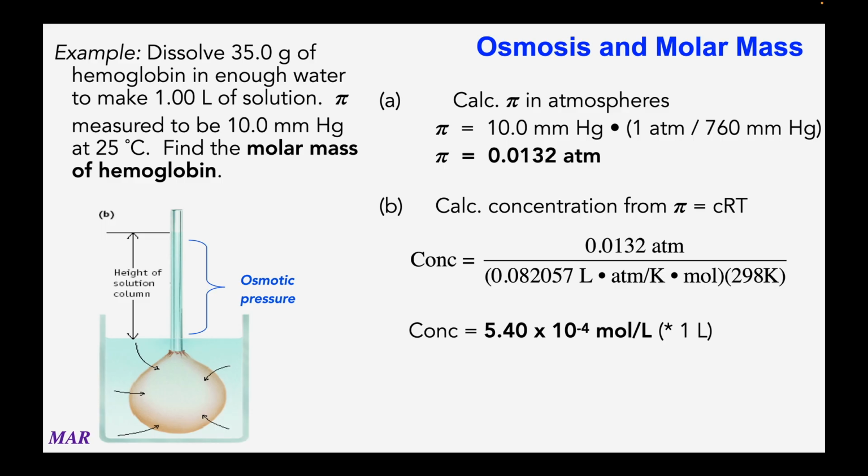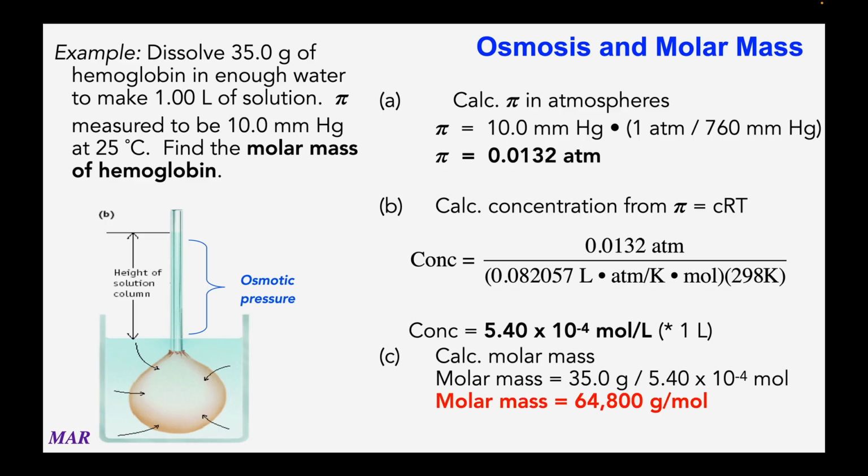And there's our pressure in atmospheres on top. And this comes out to be 5.40 times 10 to the minus 4 molar, which is moles per liter. Well, we have a liter of solution, so that means we have 5.40 times 10 to the minus 4 moles of solute. And 35 grams, the grams of solute, divided by the moles of solute we just calculated, comes up with the amazingly huge